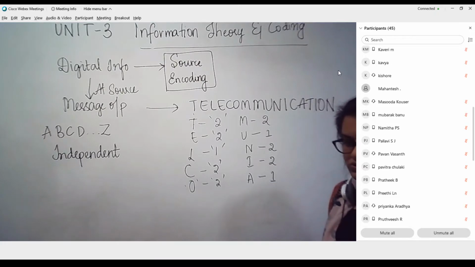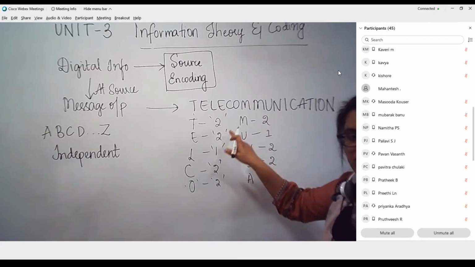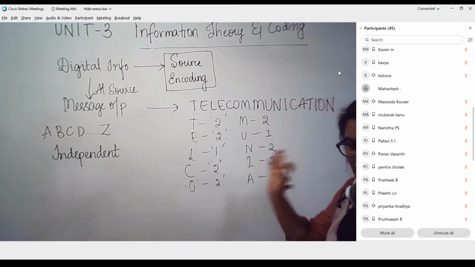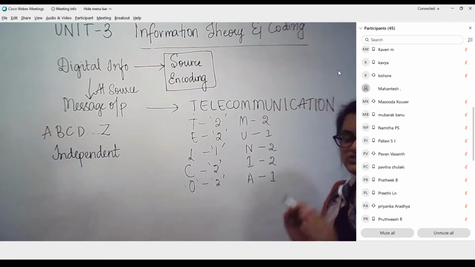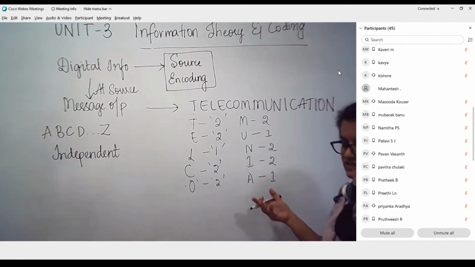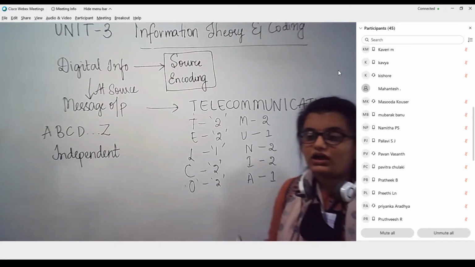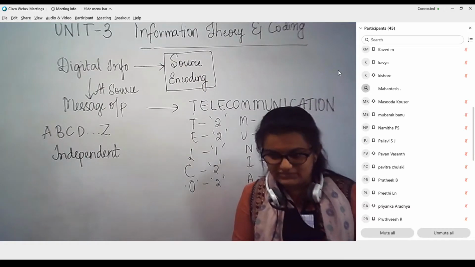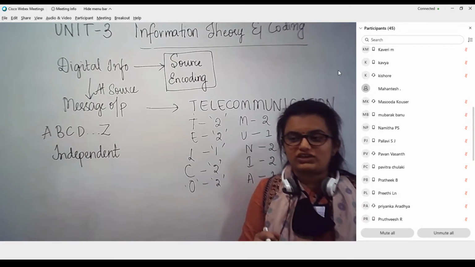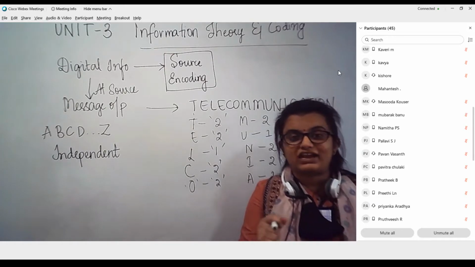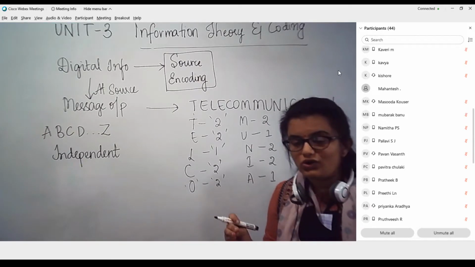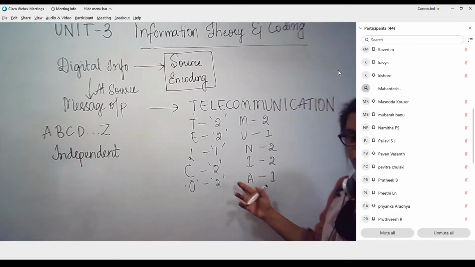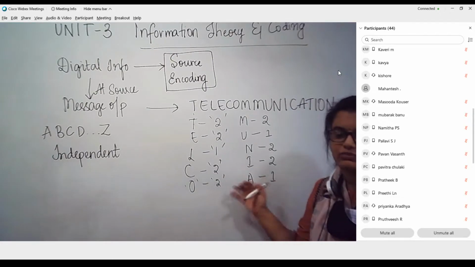So now what we are going to do is keep the frequency of occurrence of an alphabet in mind, and then reduce the amount of information that we are going to send across the channel. This is the highlight of our source encoding, where the amount of information that I am trying to transmit can be reduced for better usage of the bandwidth that is given to me, and I can also improve the information content in the message that is sent.